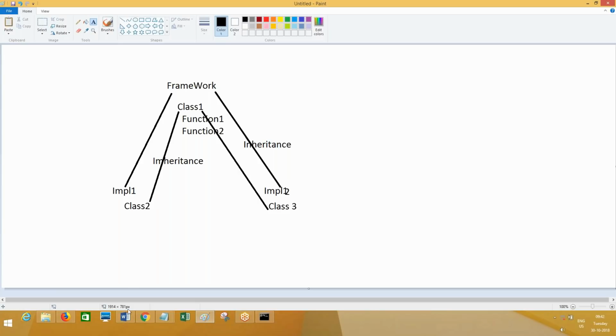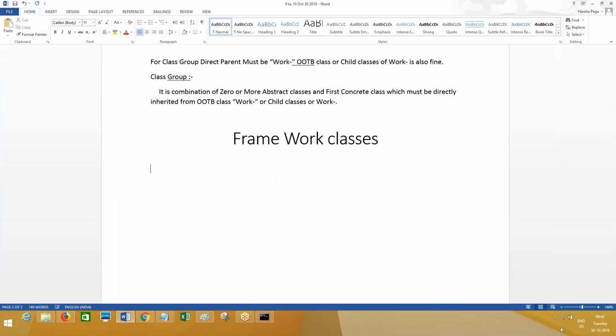So the framework application holds its functionalities in its classes.